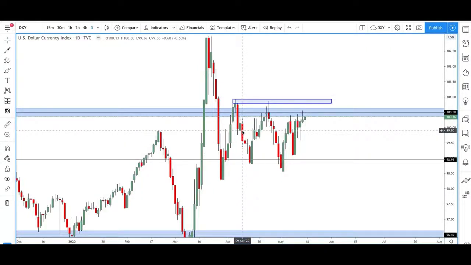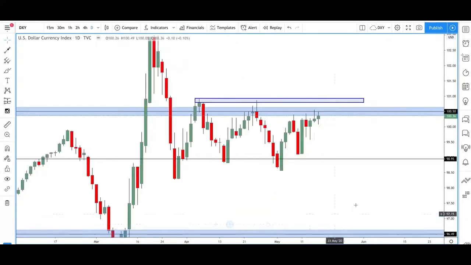So, having a good look over the market this week, analysing our normal pairs, I think we've got quite a bit of movement to come this week. But I'm going to start off with the US dollar first.